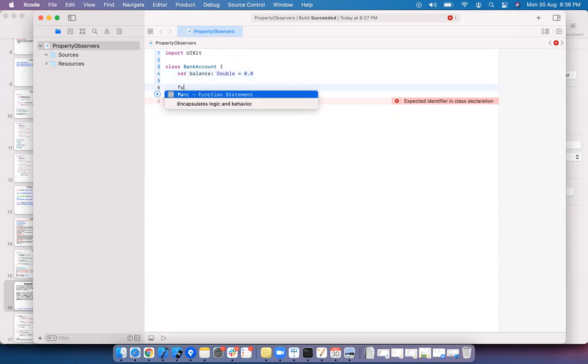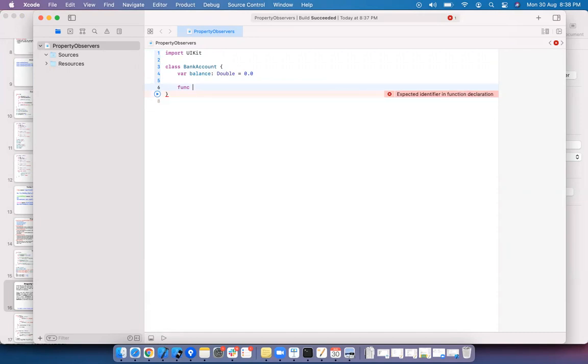I want to add a method deposit amount, it is double. Withdraw amount, it is double.